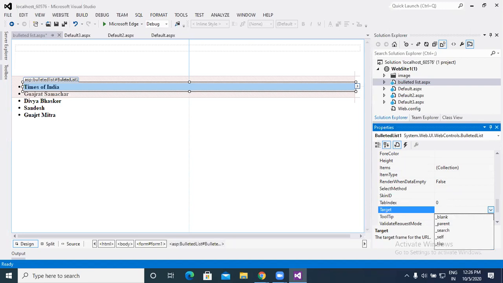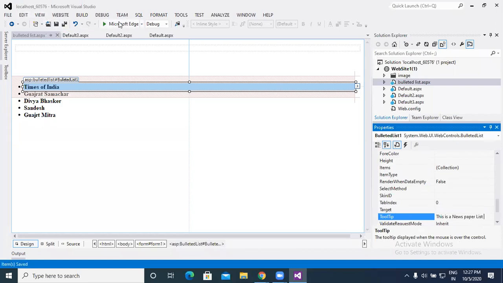This is blank, parent, search. If you wish to target, apply a URL. Tooltip, if you wish to display at runtime on hover. What is the purpose? We have to put the list. So we can just display: this is a newspaper list.